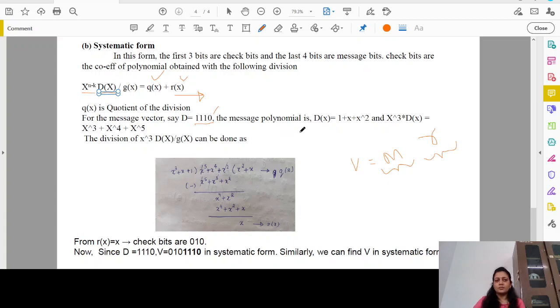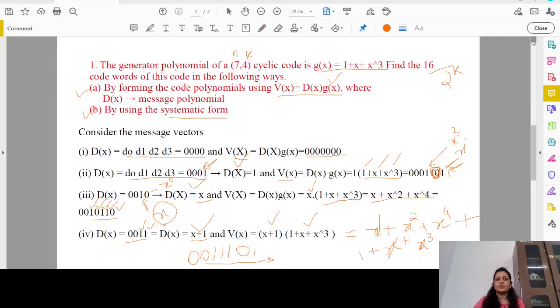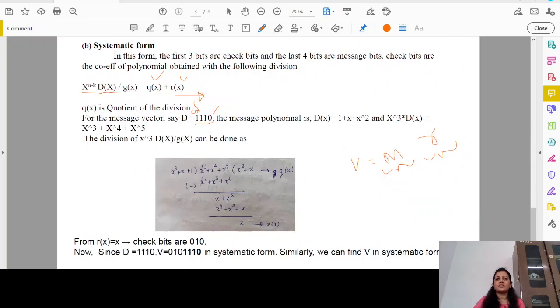Here the representation that we have taken, even in our previous problem, will be d0, d1, d2 and d3. Therefore, the first bit is the coefficient of d0, x power 0. So corresponding to x power 0, we are writing 1. x power 1 is present, so x power 1. x square is also present, but we do not have x cube because its coefficient is equal to 0. So this is our d of x.